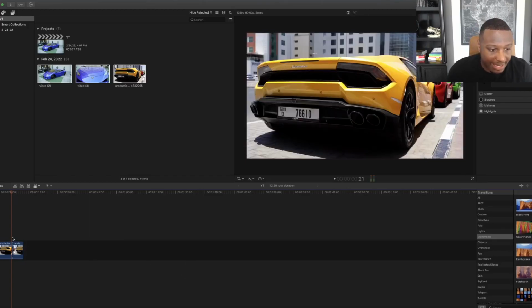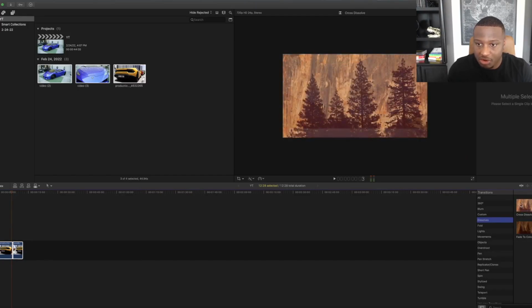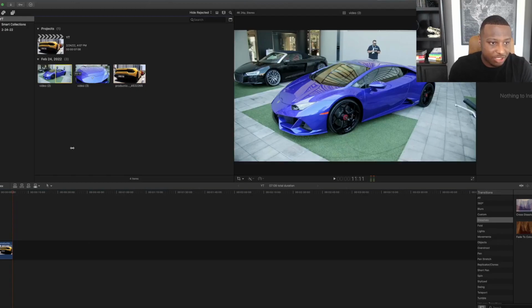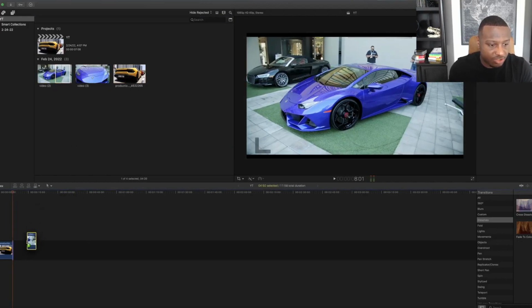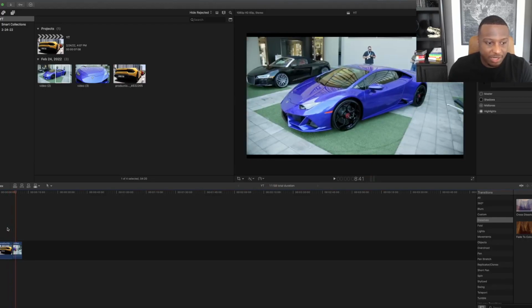And so we're going to go ahead and click on this clip. We're going to highlight it, and we're just going to grab a normal transition. There's so many of them, but I'm just going to grab a simple one, which is cross dissolve, and it does show you guys an example of how the transition looks, right? Now I'm going to use another clip so you guys can get a clear understanding of what a transition is. I'm going to show you guys what a jump cut is, and I'm going to show you what a transition is. So if we're watching this video right here, as you can see, it just jump cuts to the next video. So what we're going to want to do is go ahead and put this cross dissolve,